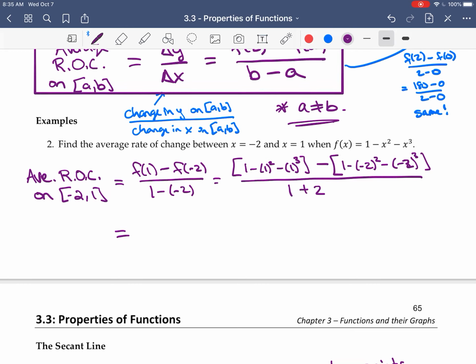Okay, so then if we compute, maybe let's just be clear: f of 1 is that, f of negative 2 is that part. So you're plugging into the formula. Okay, now if I simplify,